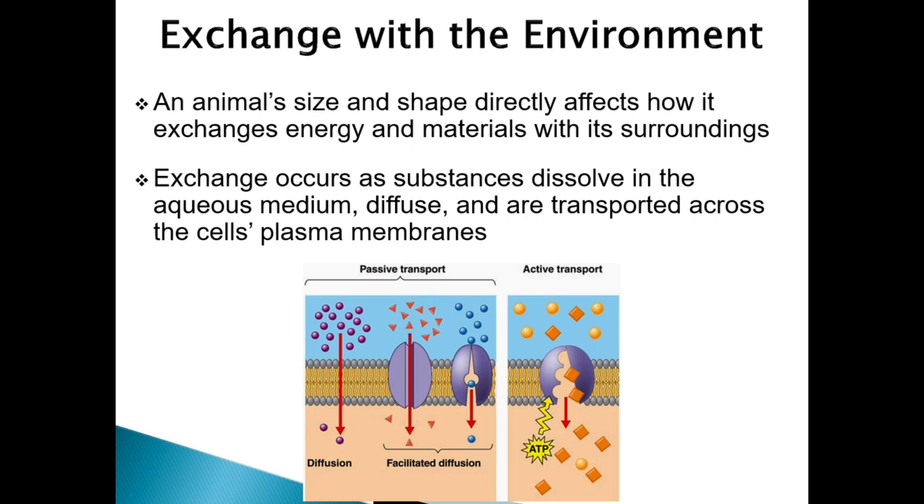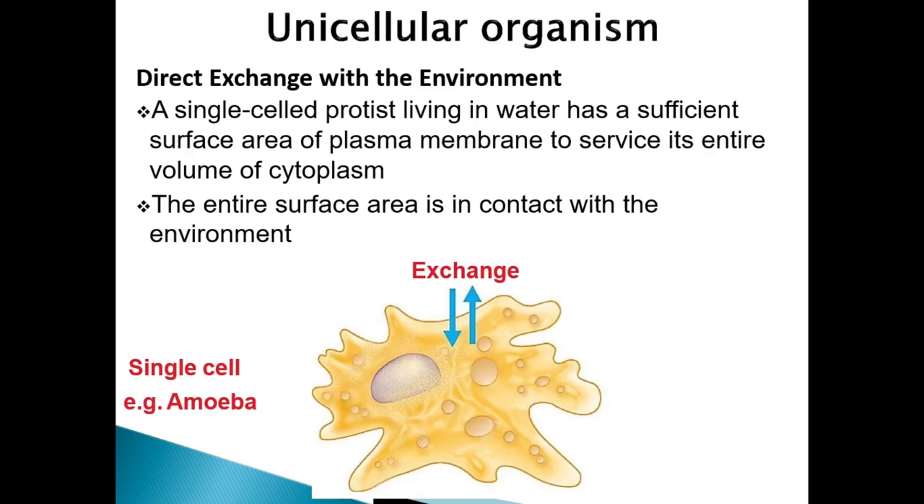And again, you would have covered a lot of these concepts in your first year biology. When considering a unicellular organism, you can see that this has direct exchange with the environment. This is because it is a single cell living with sufficient plasma membrane or surface area to service the entire volume of the cytoplasm within the cell. In other words, there is enough surface area in contact with the environment in order to obtain the necessary materials as well as